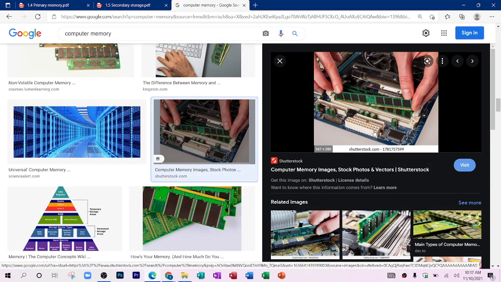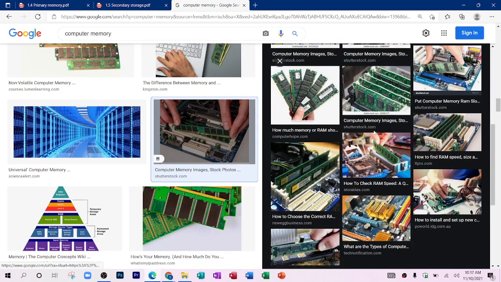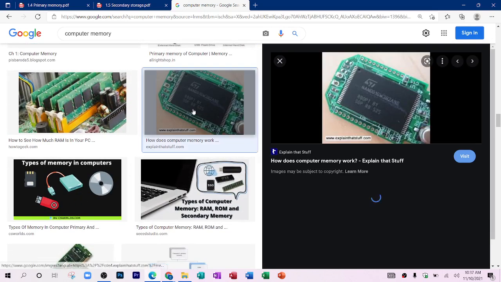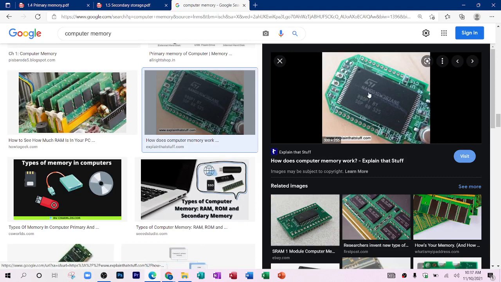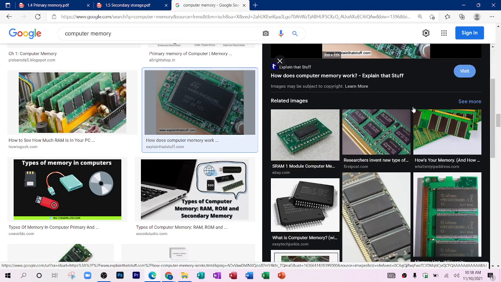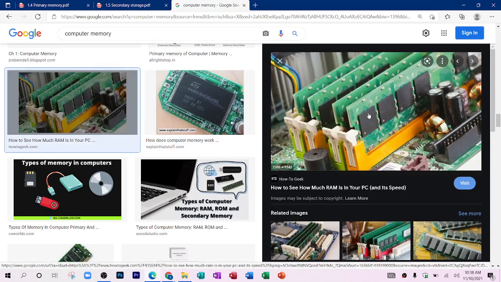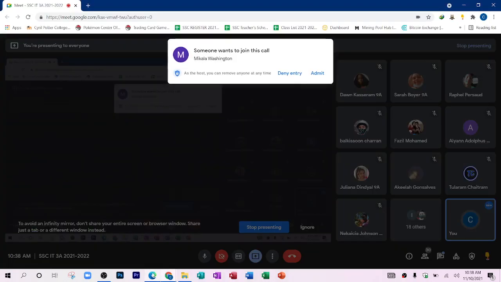But on smaller devices, that memory is soldered onto the board of the device. For example, this one here could be an example of memory that is soldered onto this board. It's basically those black chips that store the information, and the green part that you see is basically the electrical connections that